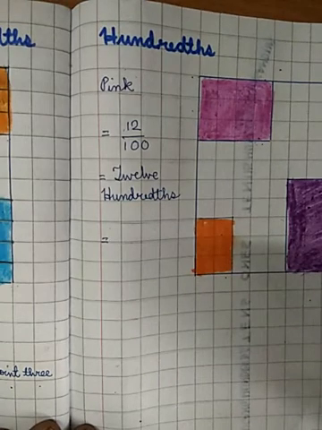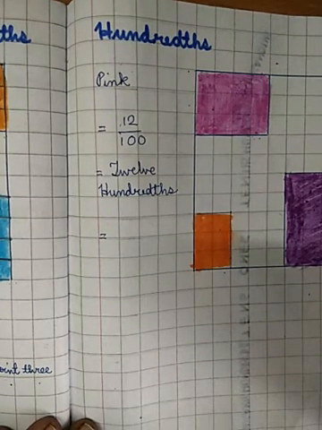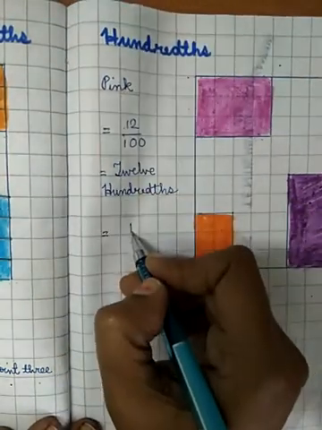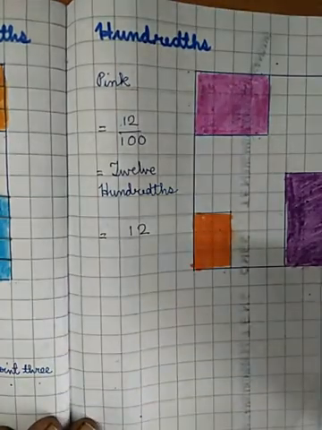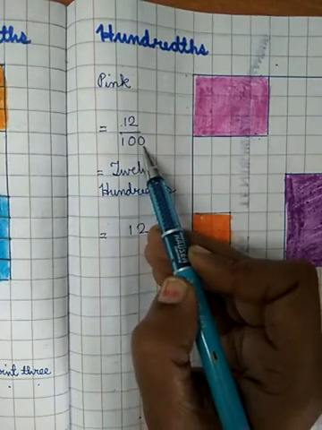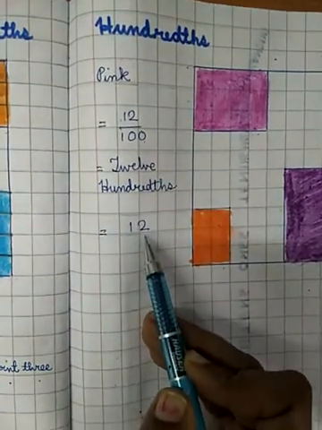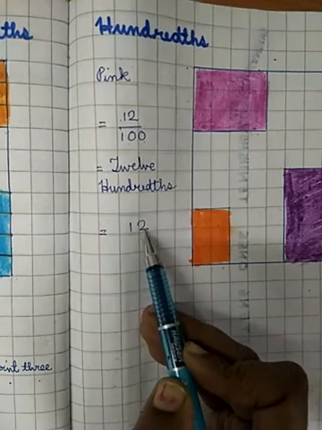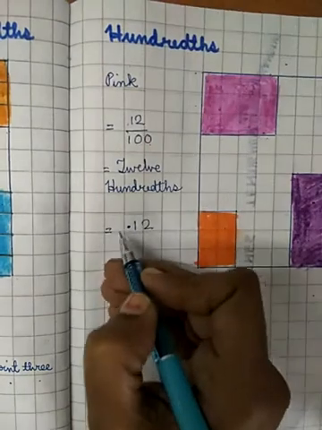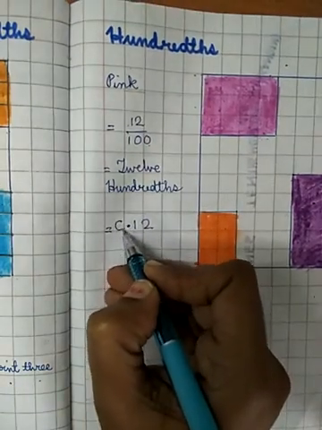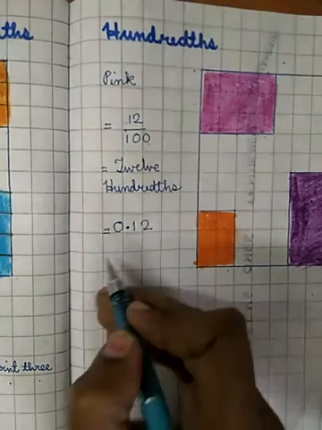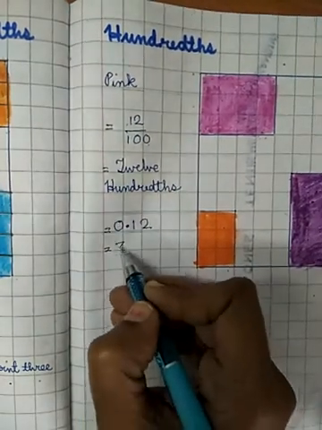Let us change this into a number with a point. So what is the first rule? First rule is write the numerator as it is. Then count the number of zeros. How many zeros are there? 1, 2. From where will you start? You will start from the right side. So 1, 2. Where will the point be? The point will be here. There is no number on the left side, so you can write a 0. Even if you don't write the 0, the answer is correct. And what is this number? This number in words will be